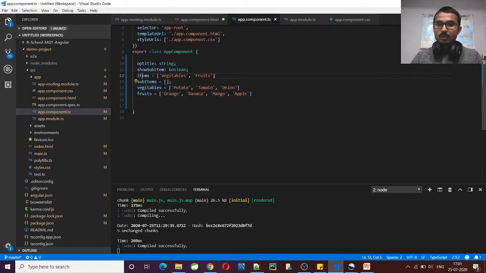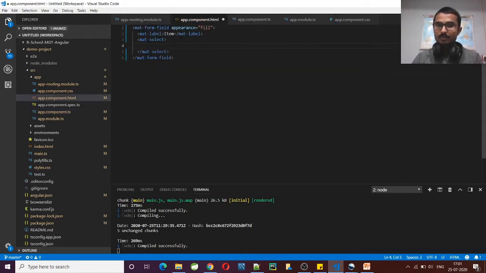So for that, I'll use a for loop to generate, not here, in the option section. Inside here we should have the option, mat option. In mat option, I'll create as many values as we have in the list. So for that, I'll use the structural directive ngFor.